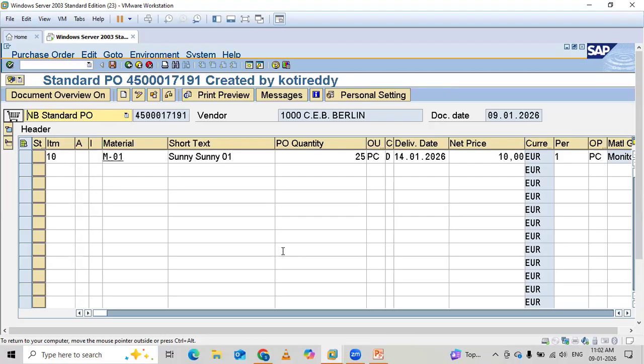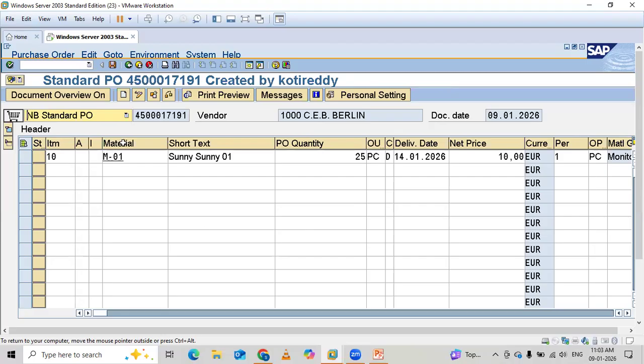As an email, whatever communication email ID we have entered in the background for their email ID, this PO will be sent from our organization.